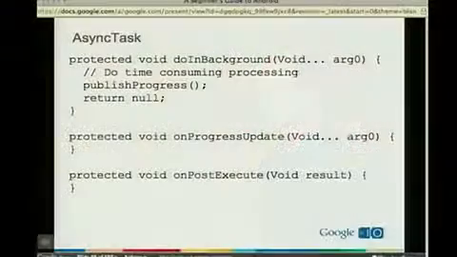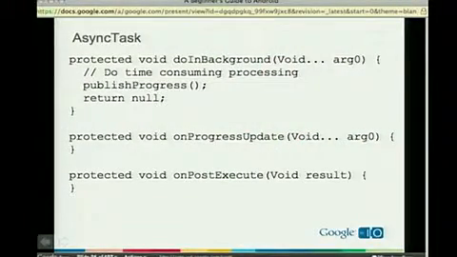into a thread. Of course, that brings with it a whole lot of issues with doing things like synchronizing to the UI thread so that you can update progress and change the UI depending on the progress of your background activity. So what we've created in Android is a class called AsyncTask. And what this does is it wraps up that model for you, so that rather than having to do all of the thread handling yourself and the UI synchronization, you can implement this class and have it do it for